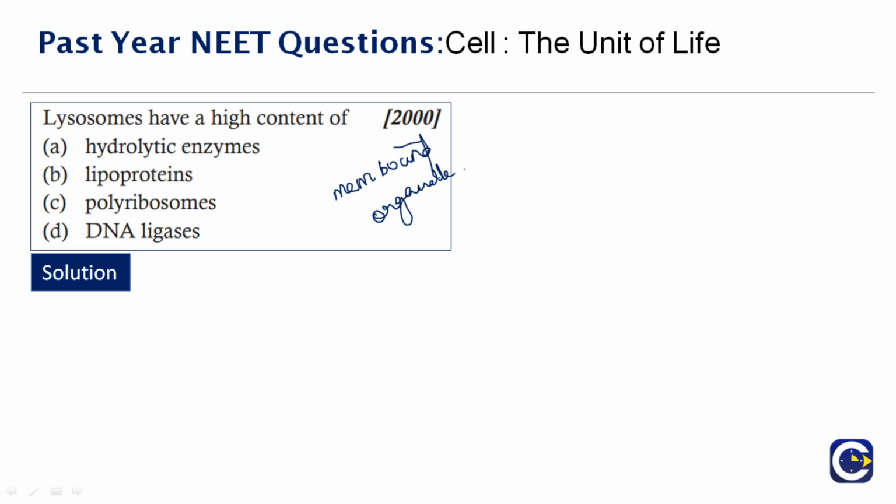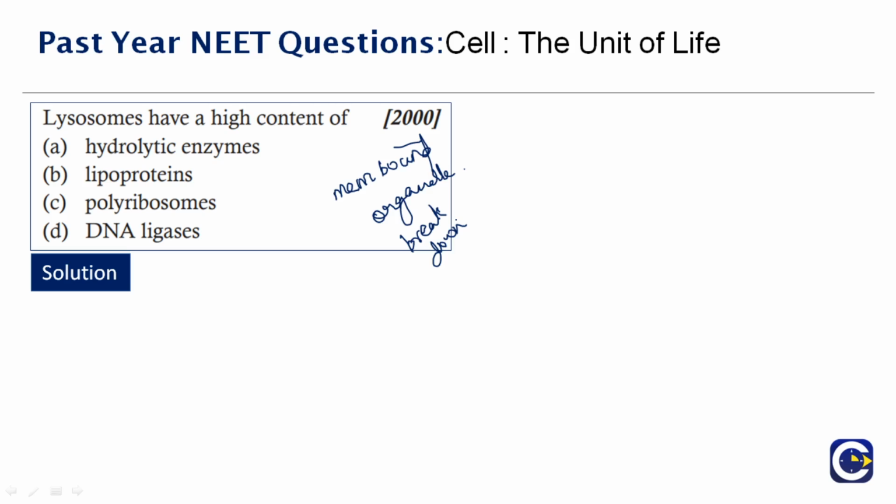This one contains digestive enzymes. Lysosomes are involved in various cell processes in a human cell or in a living organism. What is the actual function? It helps in breaking down molecules. They break down excess or worn out cell parts. They may be used to destroy invading viruses, especially invading viruses and bacteria. Therefore, this lysosome has a high content of option